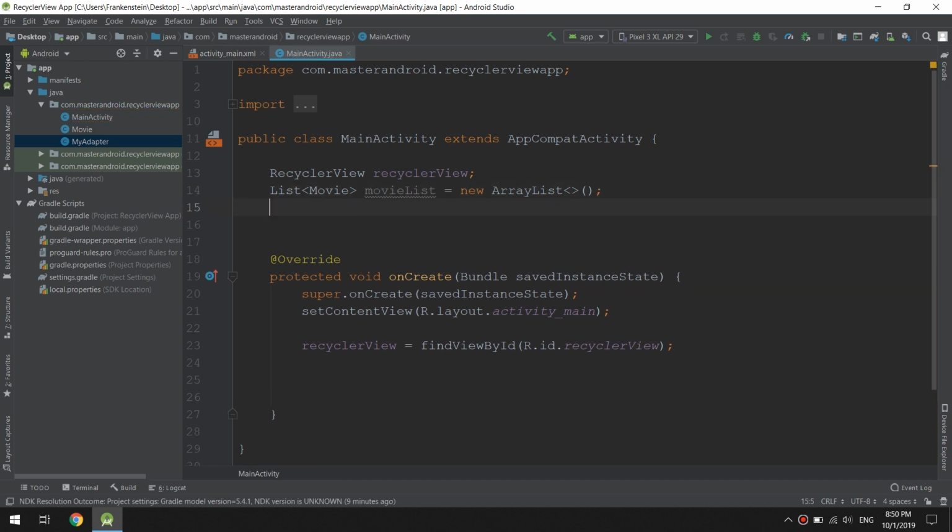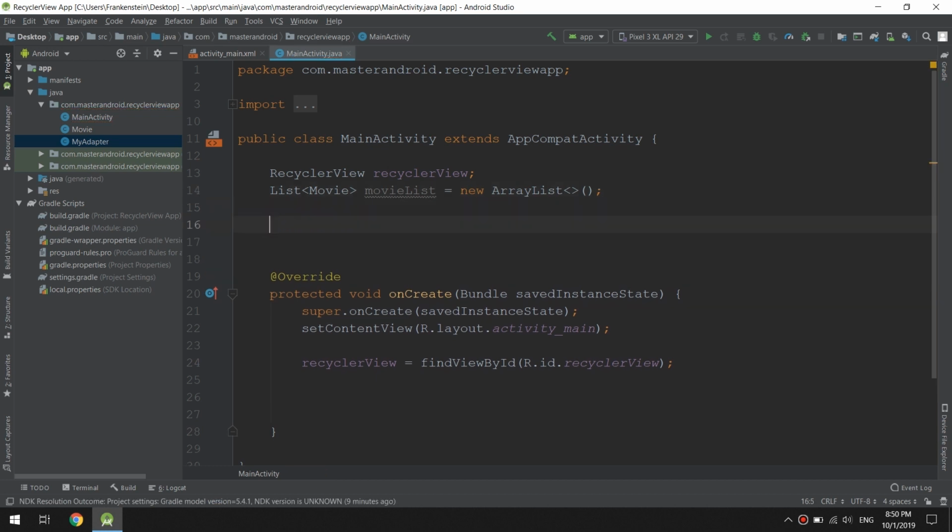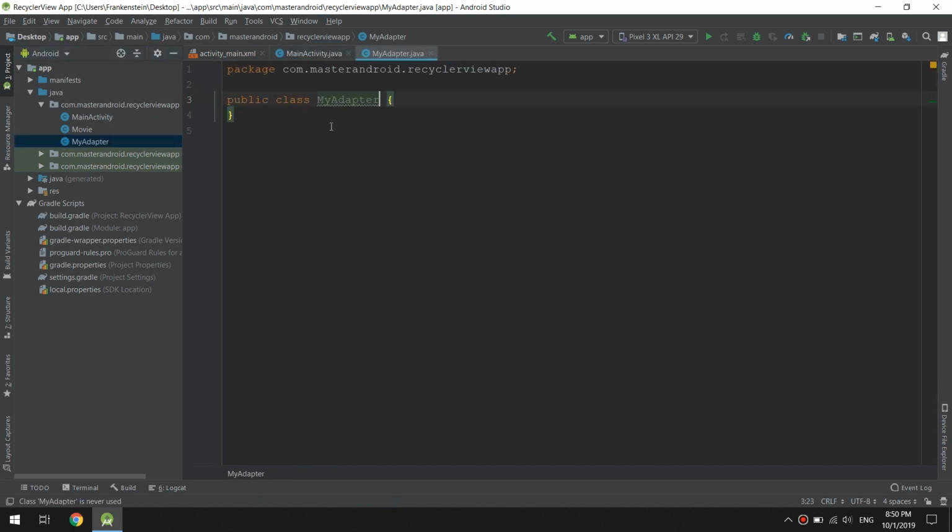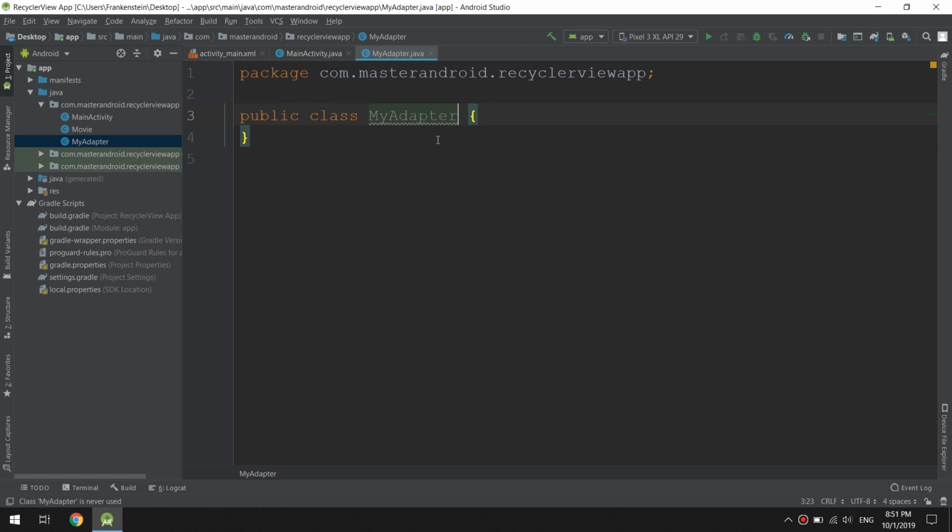So in this case, I am making the list and the data needed for our app. So back to the adapter. Let's go to the adapter and configure the adapter class. The adapter class, here we need to create